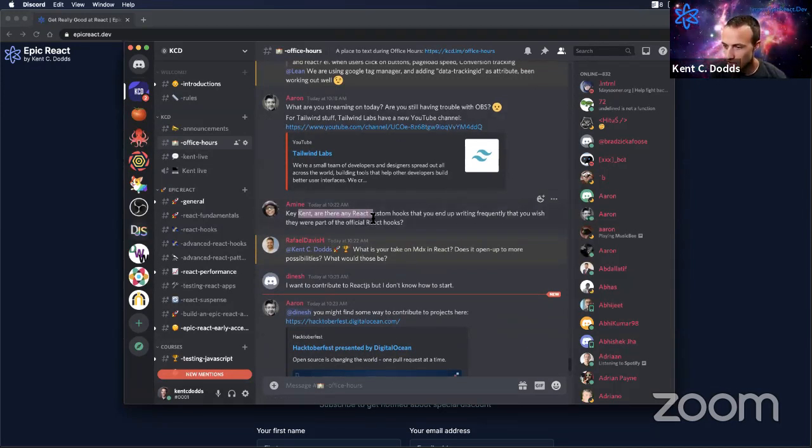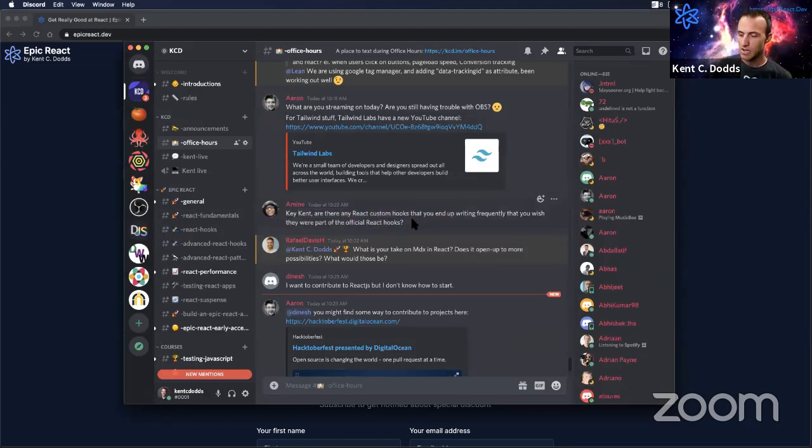Okay, any React custom hooks that you end up writing frequently that you wish were part of the official React hooks? I don't know. So I see React hooks as the primitives that you couldn't build any other way. The one exception, well, there are a couple of exceptions to this. One is useState versus useReducer. All we need is useReducer, and we can build useState out of that. And then the other is useCallback and useMemo. You can actually build useCallback out of useMemo. So yeah, I guess those two were just so common that they were needed